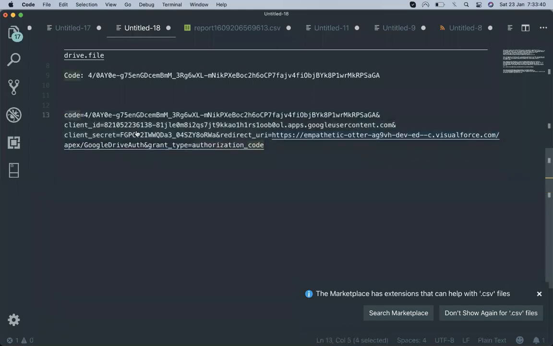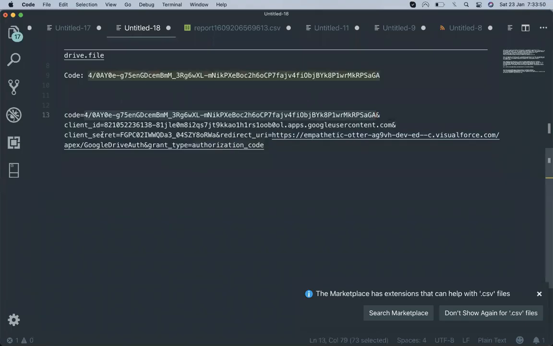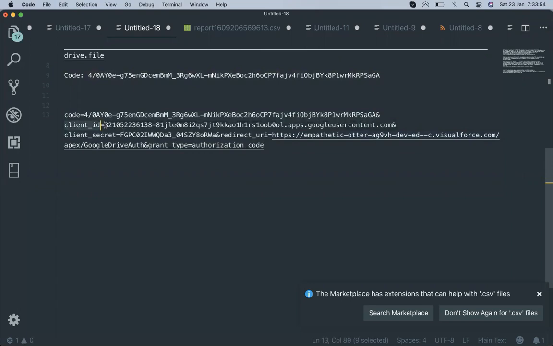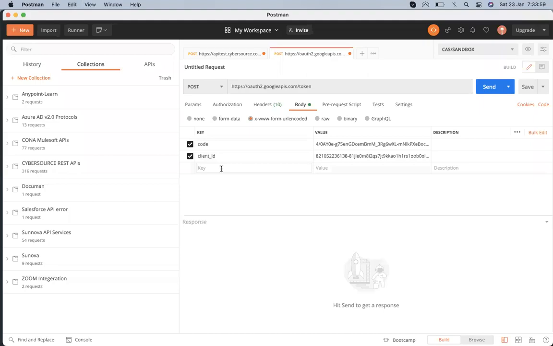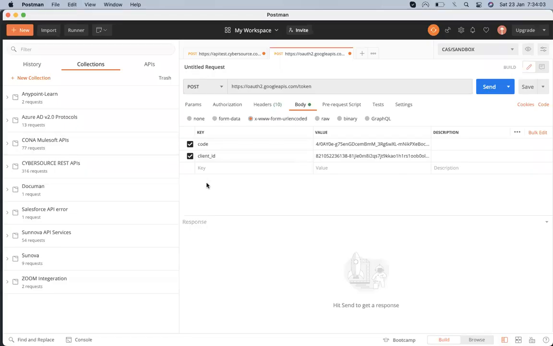First is the code. Let's paste the code value. And then we have the client ID, and then the client secret.